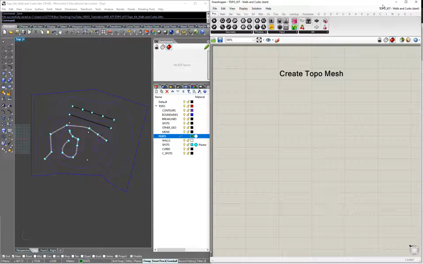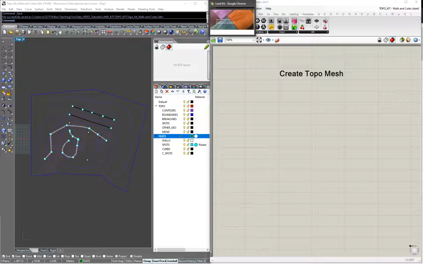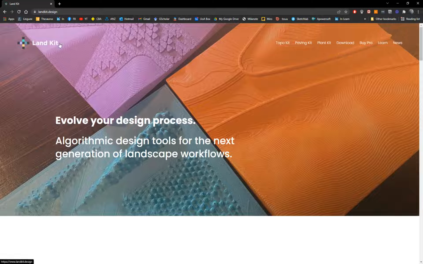Today we will continue with the Topo Kit tool available in the Land Kit plugin for Rhino and Grasshopper. We have already previously presented some of the Land Kit tool capabilities, especially the Topo Kit. Today we're going to continue doing topographic designs, but we are going to use specific features to modify the